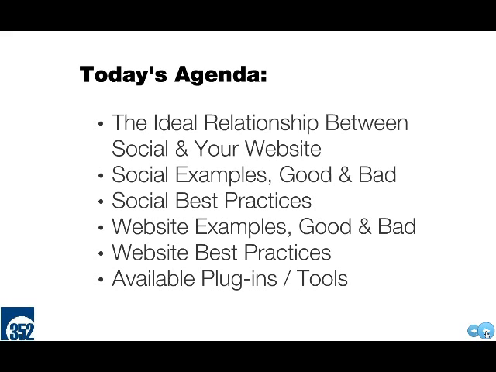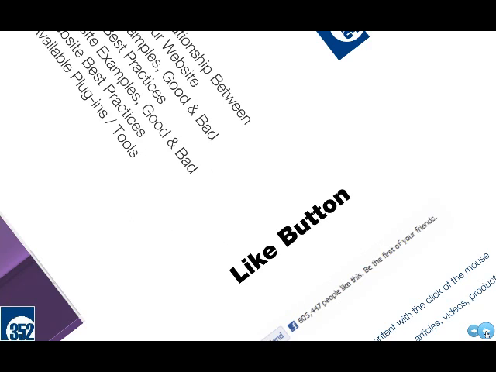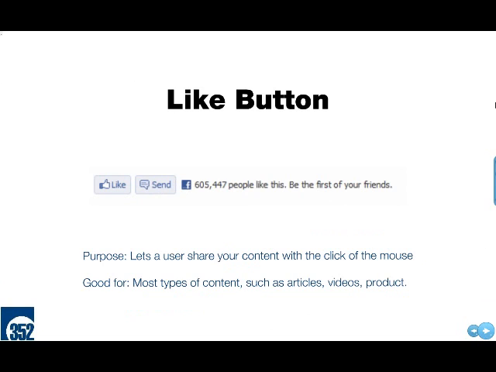So that kind of covers the best practices and some good and bad examples. Like what we just showed on the Purple site, bringing in that content can be very helpful, and there's a lot of different ways to do that. It's not just necessarily bringing in the feed. So Erin now is going to talk a little bit about what some of those options are.